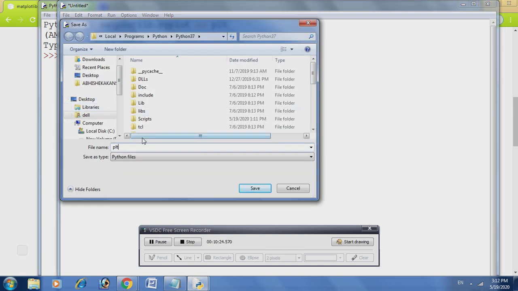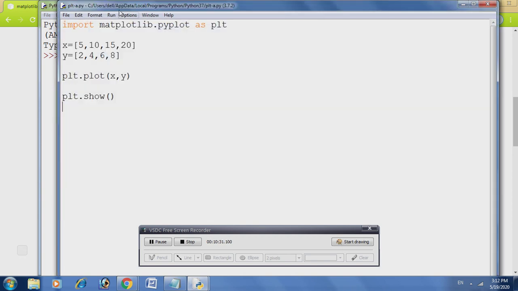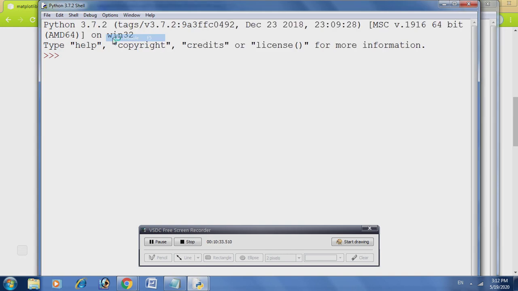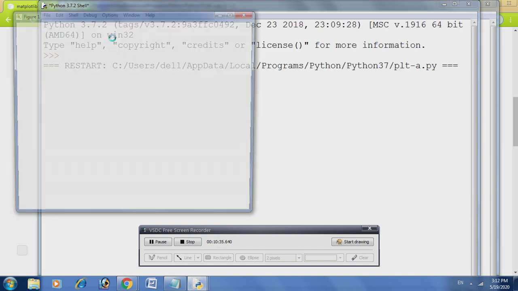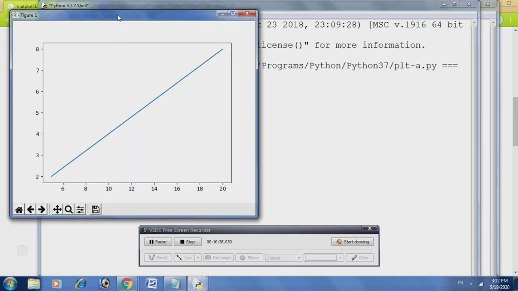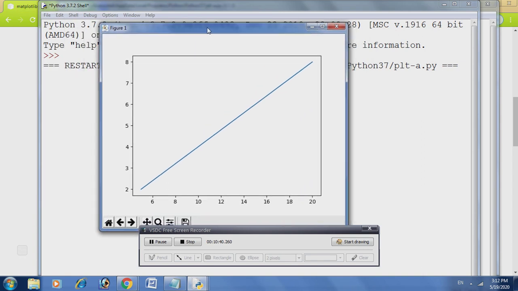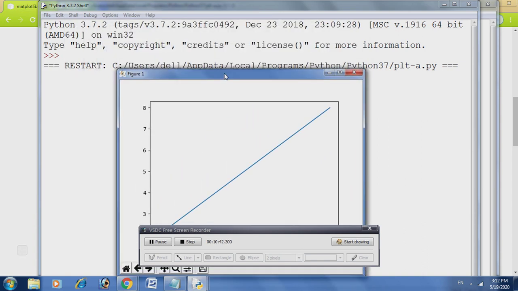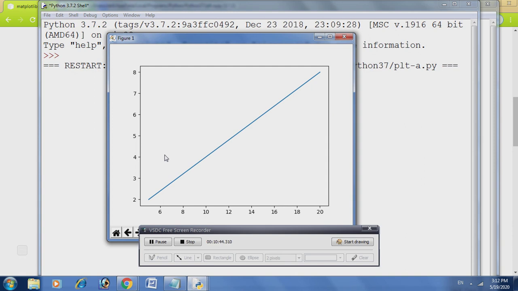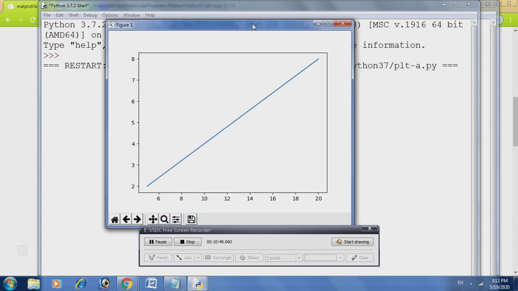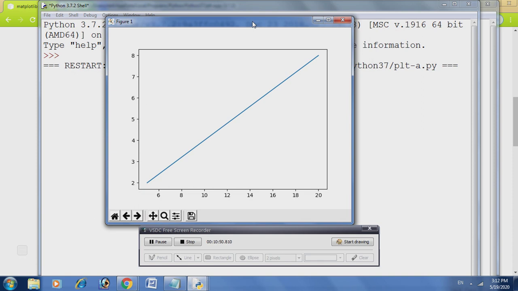See, now we will run our module. Yes, you see, this is the output of our program. Okay, see the x, y values. So this graph is only a demonstration of how we will use the methods of the pyplot library, and this is a sub library of matplotlib. So just a demonstration. We will go for a better program in the next video.